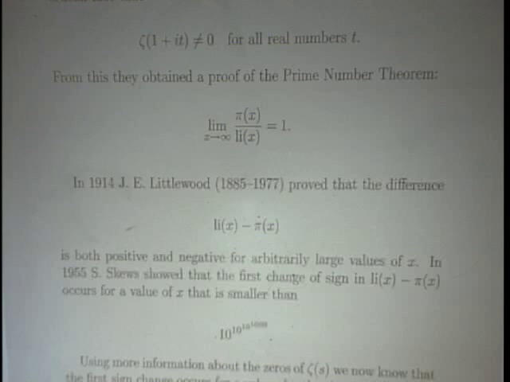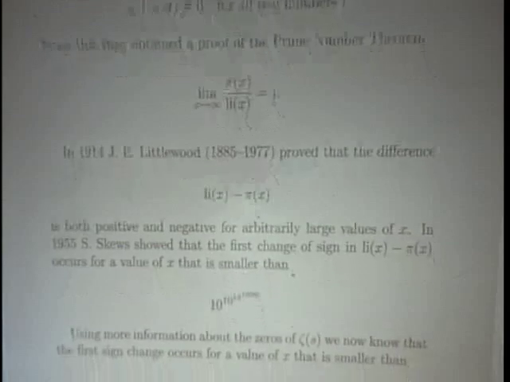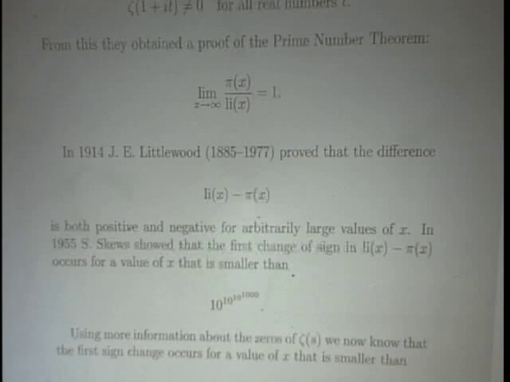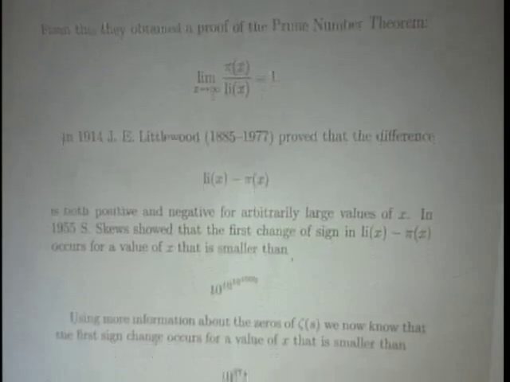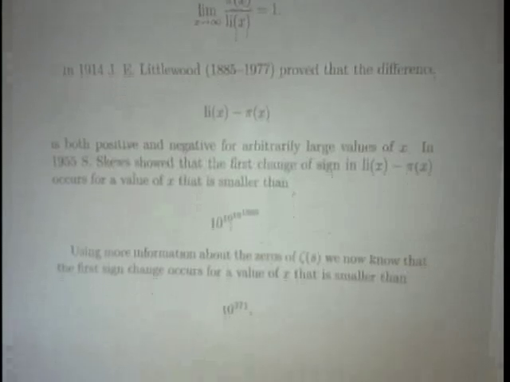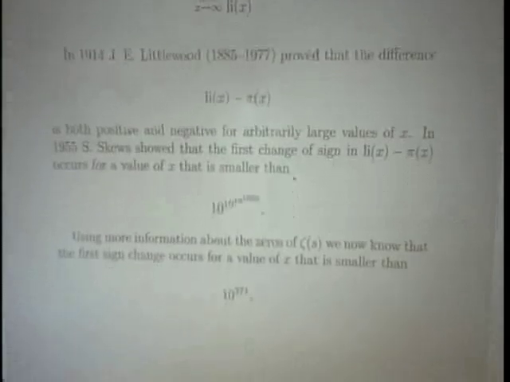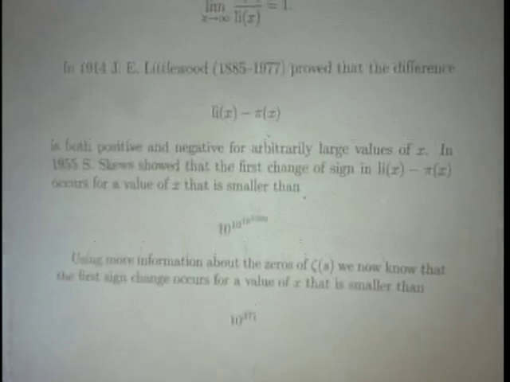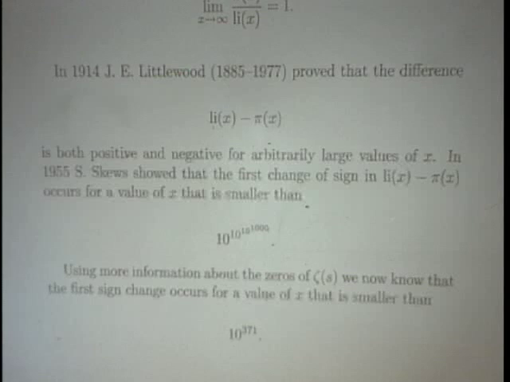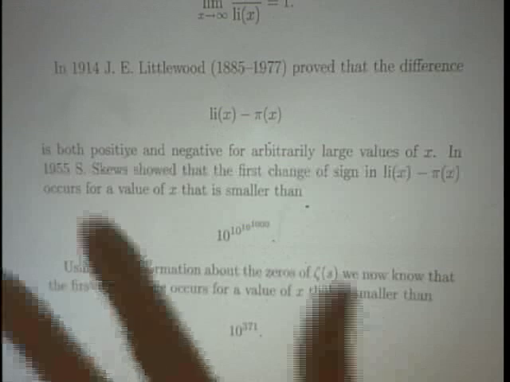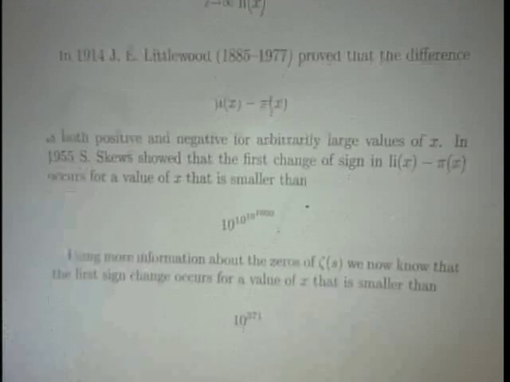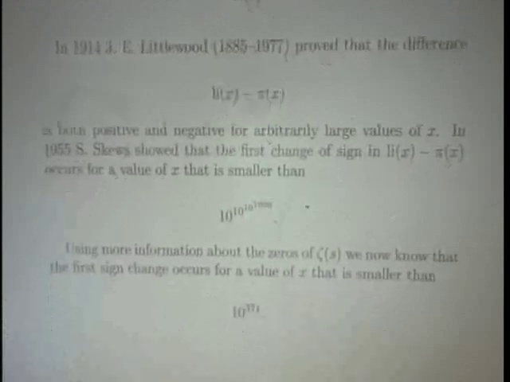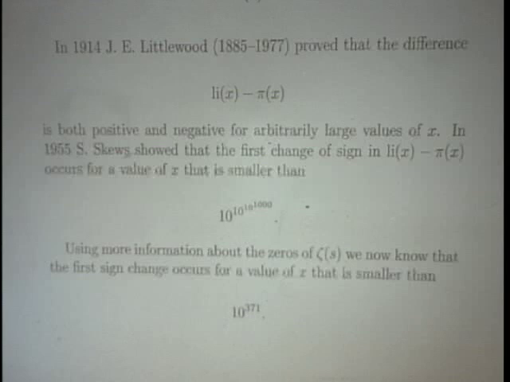Let me also remind you of the seemingly good conjecture that the logarithmic integral of x is always bigger than pi of x. I said that wasn't really true, and that was established by Littlewood in 1914, although Gauss and Riemann had both voiced the opinion, Riemann sort of indirectly, that probably Li of x was always bigger than pi of x. In 1933, Skewes, who was a South African mathematician,